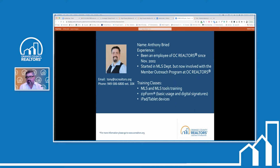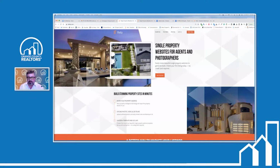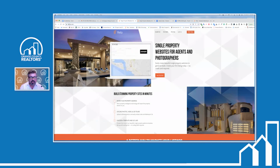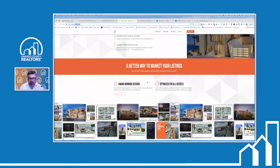So how do we access this tool? Now, is this tool available to anyone? And the answer is yes. If a normal person in real estate or even outside of real estate decided to go to www.relahq.com, they could come here to RELA's website and they can sign up for an account. But because they're not an Orange County member,